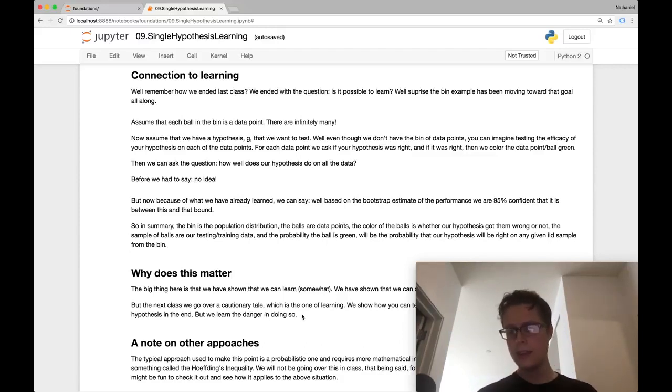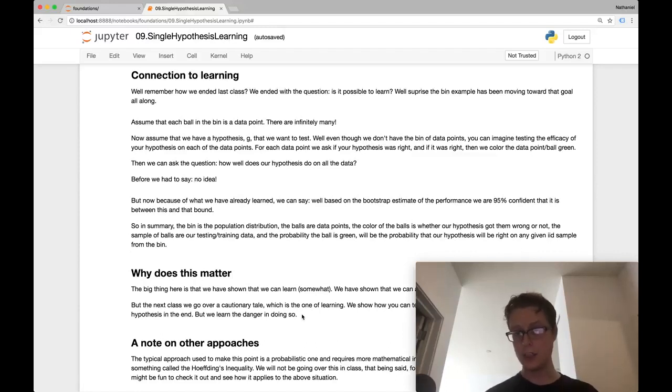But the important thing here is that we know that the data comes to us in a very specific way. It comes to us from a specific probability distribution where we're getting independent draws from it. If we don't get that, this means we could get a sample initially that we're training on, or a sample that we're testing on, that is vastly different from the majority of the population.